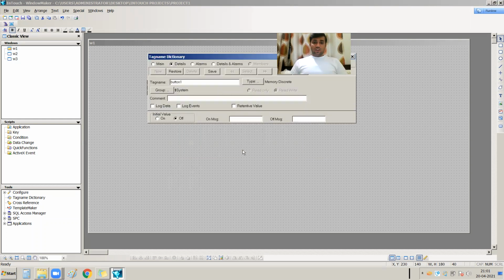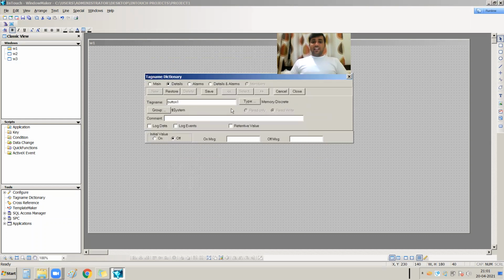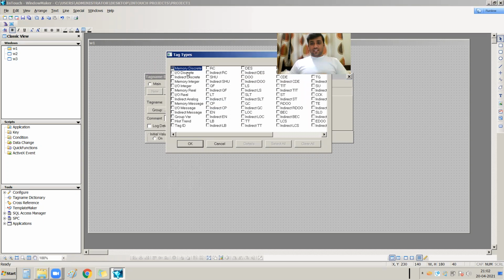If I press OK, the tag name dictionary will open automatically, and button one is the name written over here. Automatically the type is memory discrete, because I'm dealing with a button, and the tag behind that button should be a discrete, a digital. That's why memory discrete is automatically selected.